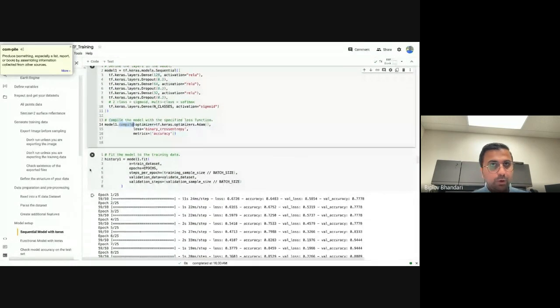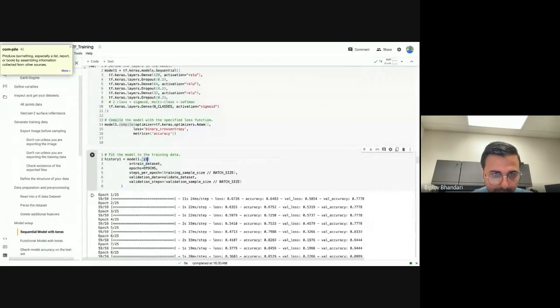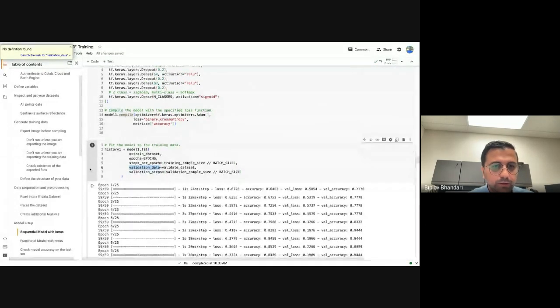Next, the way you now actually feed in your data to that model is by using this fit function. Your x in this case is the training data set, the number of epochs, and then this is how many steps need to be taken to complete an epoch. That would be your training size divided by your batch size, because you're providing that many batches of data at one go. And then using the validation data set to see how the model is performing and adjust those weights and biases in the network.